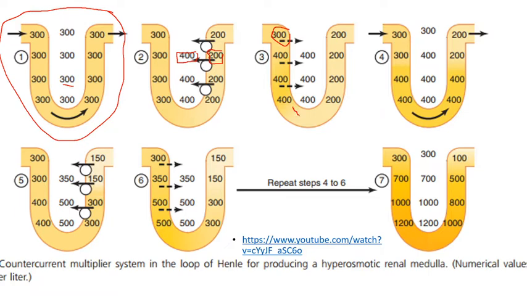And what then enters into the ascending limb is 400. So the concentration of what's entering the ascending limb goes up. But the sodium-potassium ATPase pump starts doing its work again and starts pumping out. So you get a drop from 400 to 300, and as it gets higher and higher, you get more dilute